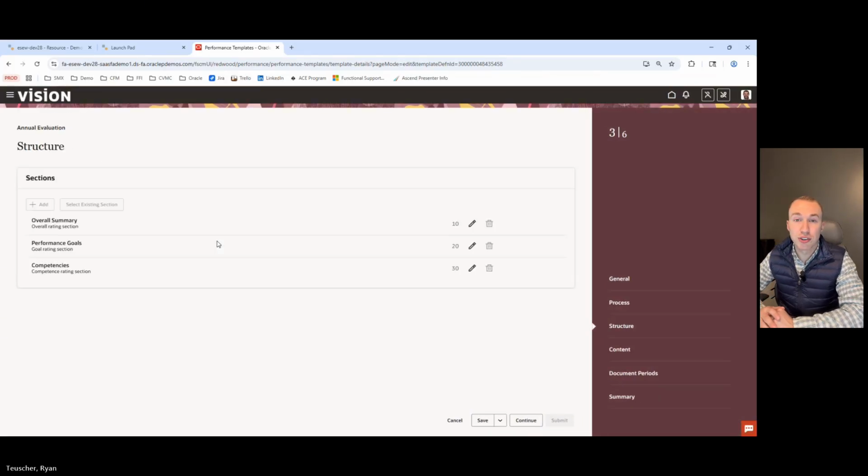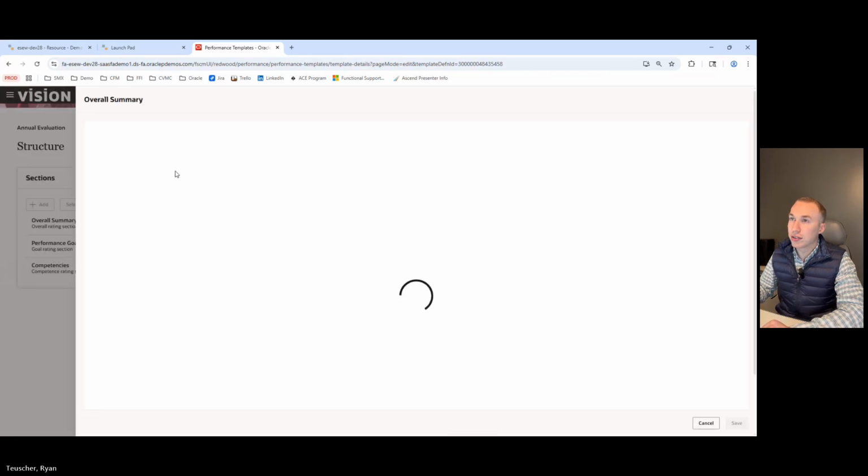Our structure tab here is where we're going to add our sections. We have two options here. Add is going to create a new section. Select existing sections is where we are going to select sections that have been pre-configured on the screen that we looked at before. If we click this little pencil,